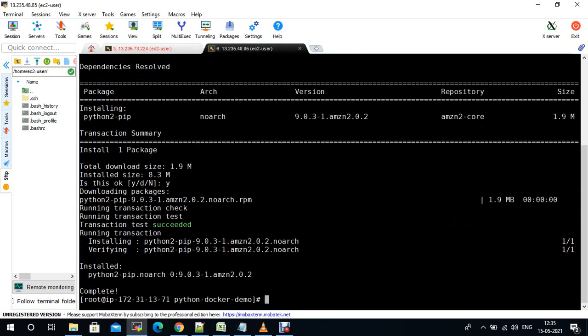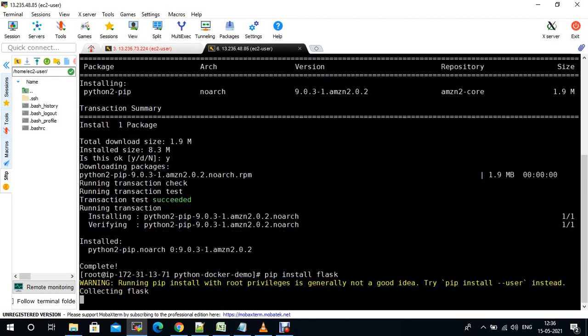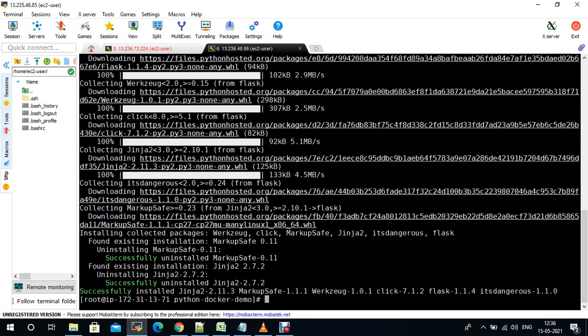Okay, now pip install Flask. It should be installed successfully. Now you just need to run the application. Like java -jar, the same way you just need to do python demo.py.